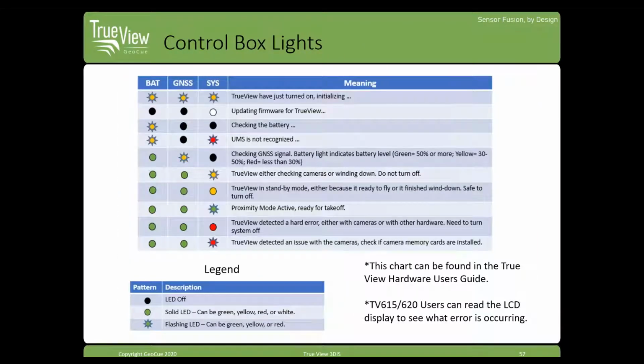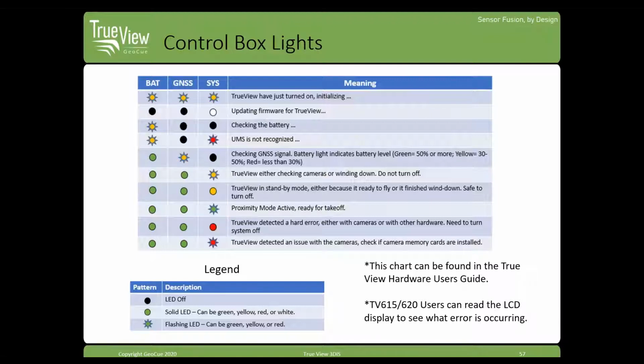Okay. Now we'll kind of look at the control lights. Kind of briefly went over this, but we'll show this. So at the beginning of the flight, any flight or anytime you turn on the system, you'll have 3 blinking yellows regardless. Next one down, if we have an update,